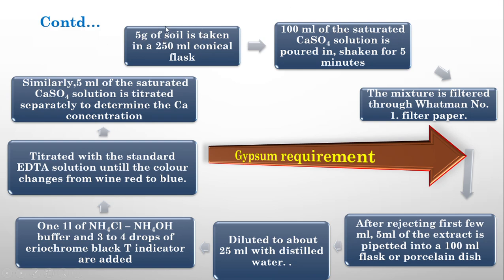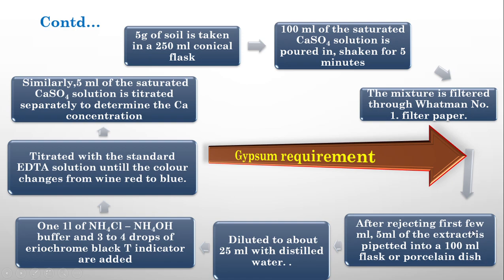First we will take 5 gram of soil in a 250 ml conical flask. After that we will add 100 ml of saturated calcium sulfate, that is gypsum, hydrated calcium sulfate, and shake it for 5 minutes. And after that we will filter this through Whatman number 1 filter paper. It is the specification of the filter paper, Whatman number 1. And we will filter it. And while filtering, some water will be filtered and some things will remain above the surface of the filter. Whatever is filtered, that is the water,